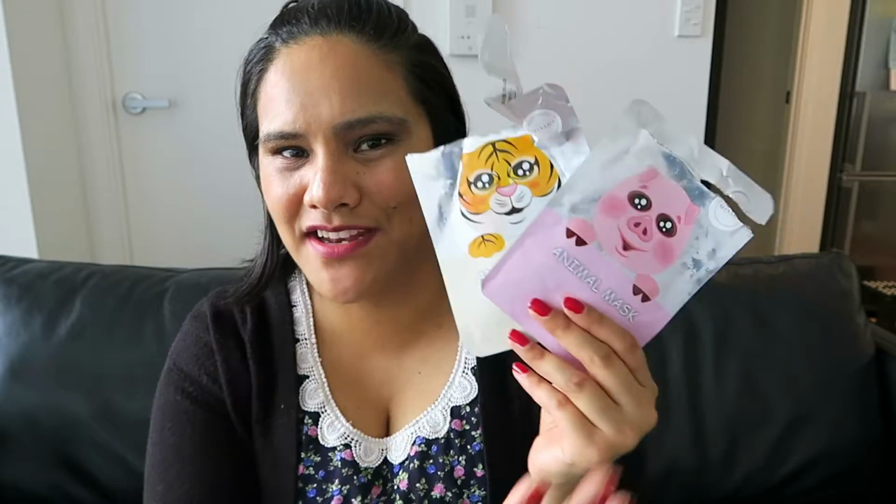The only thing that I found weird about these 2 face masks was that they both had the animals printed on them, and the tiger one was pretty cool, but the pig one made me look like Darth Maul. It was a little terrifying. Like, sheet masks at the best of times can be kind of scary, but this one was just kind of next level weird. I would probably repurchase them,